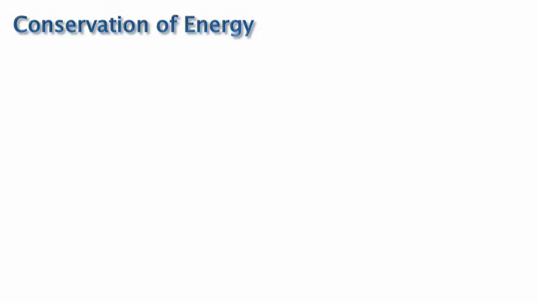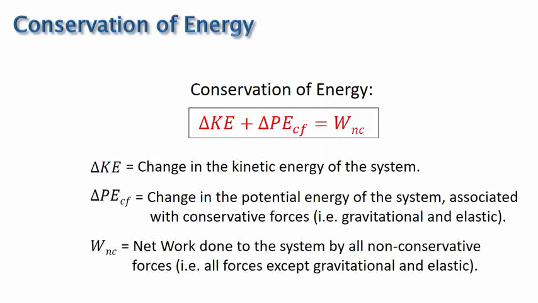In the last video, we modified the work energy theorem so the work by conservative forces was reclassified as the change in the potential energy of the system, or actually it became the negative of the change in the potential energy of the system. And then the work energy theorem equation became the conservation of energy equation, which looked like this, which says that the change in the kinetic energy of the system plus the change in the potential energy